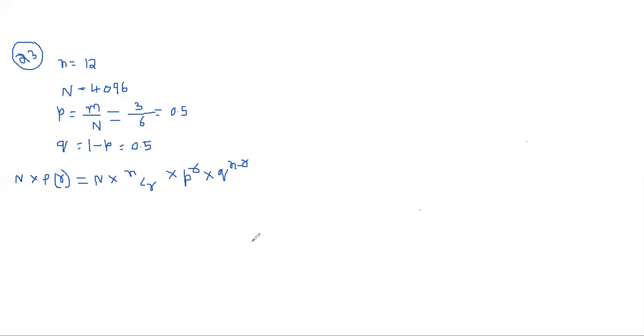So here we have to do P of R equal to 0 up to P of R equal to 12. As the P value and Q value are the same, the values from 0 to 6 will repeat from 7 to 12. Yesterday I told you the technique. Here the bases are the same, so you can add the values. Like that you can do the problem quickly, even though it is lengthy.